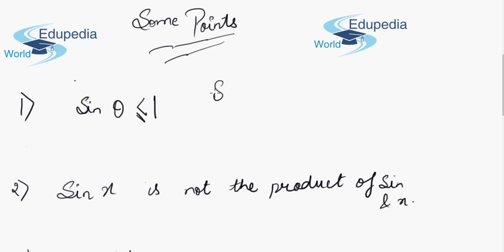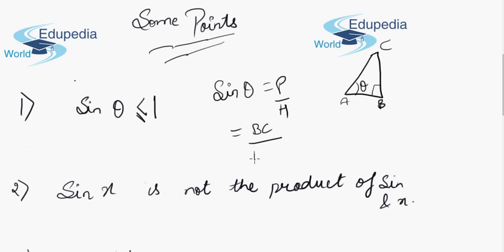Friends, what is sine theta? Say if we have a triangle ABC with the angle theta, and right angle at B, then sine theta will be perpendicular over hypotenuse. Now perpendicular is BC and hypotenuse is AC. Clearly, this AC will always be greater than BC,